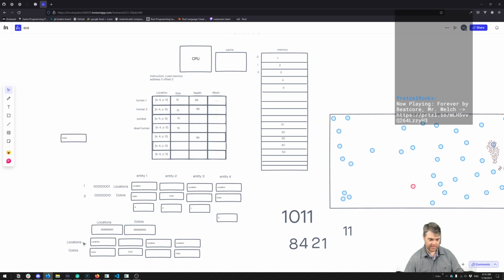Then I think it's going to be, okay, look at locations here. Do you have both of these? If you do, give me, let's see, for the current index